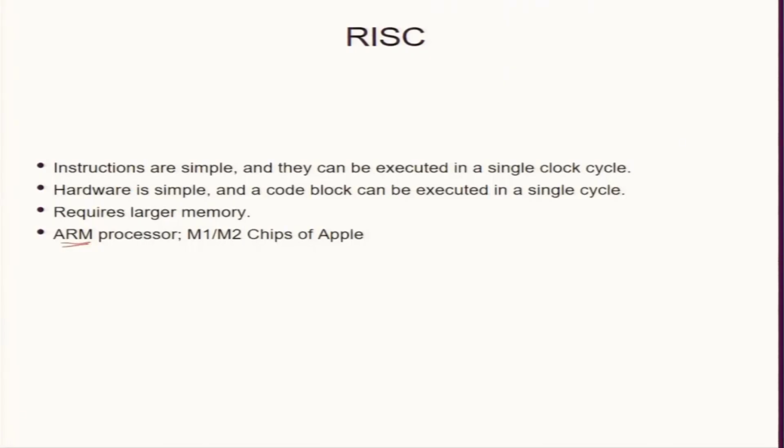Also, it turns out it is less power hungry. All the mobile chips are ARM processors. ARM is based on RISC, and so are the M1 and M2 chips. One idea was that mobiles should take less power. By design, if your mobile exhausts its battery in 1 hour, it is no good. So people were pushing. In fact, Microsoft was the first to try to make a laptop using an ARM processor.